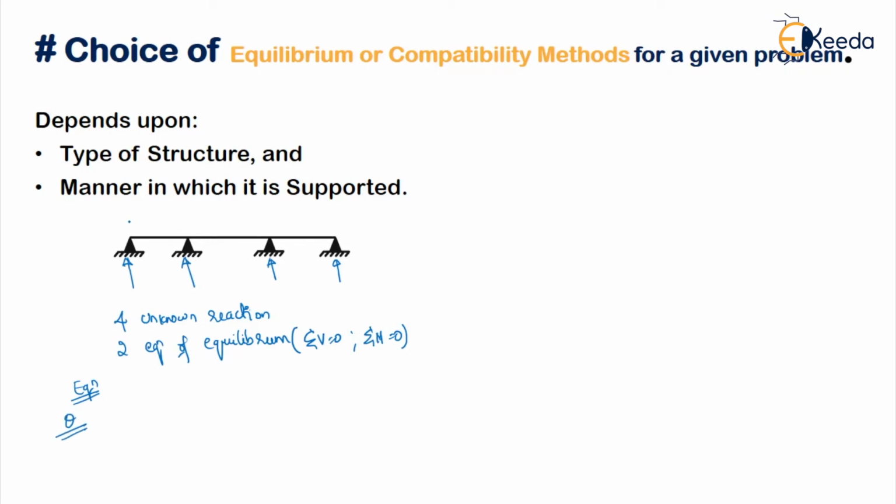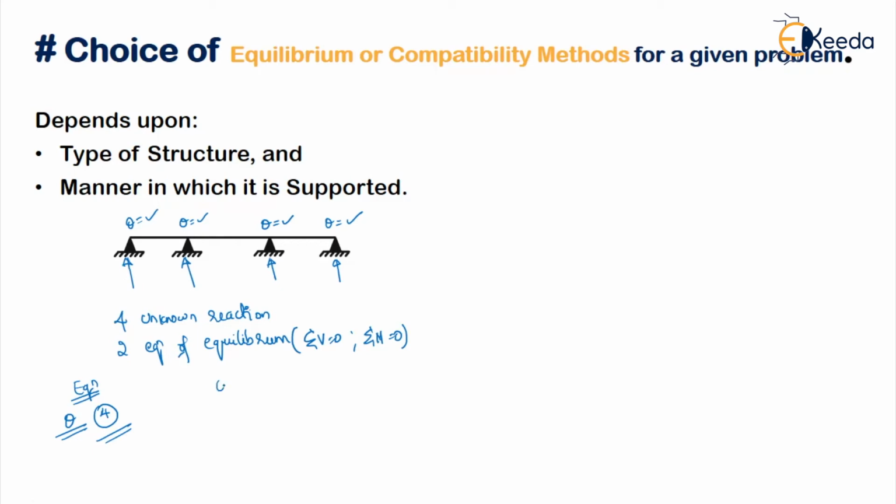So you will have a displacement at every hinge. Here there will be a displacement, here there will be a displacement, at this point there will be a displacement, as well as at this point. So how many displacements are there? 4 displacements, right? So you need to form 4 equations of equilibrium, because there are 4 displacements, one at each hinge.